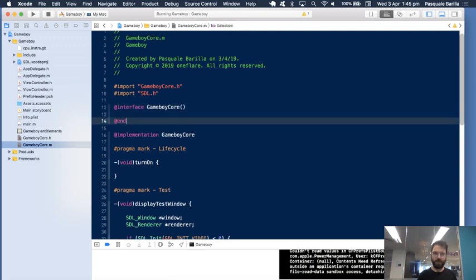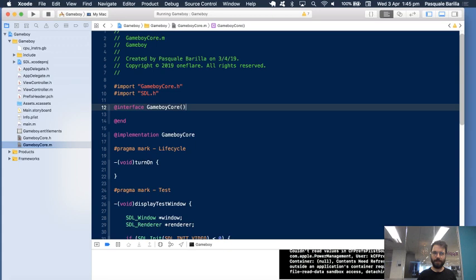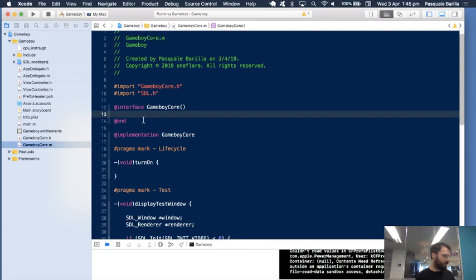The first thing we need to do, pretty sure I need to do something different there. No, I don't. Awesome. The first thing we need to do is just set the certain parts of the memory,